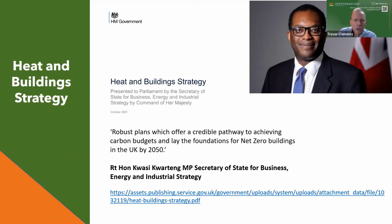No one will be forced to remove their existing boilers. Heat pumps are already a predominant technology in some other countries and have high levels of customer satisfaction. However, work needs to be done to build UK supply chains and drive down costs. Yeah, I think, and also convince people that heat pumps are effective, efficient, particularly as a retrofit